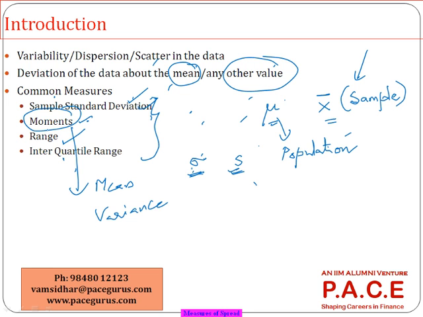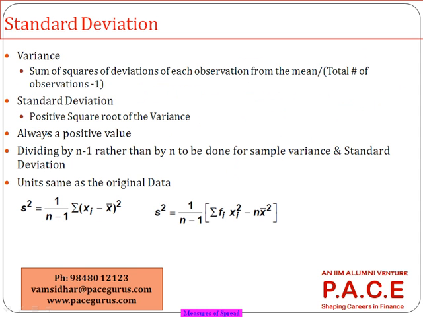And of course, we'll look at the interquartile range. So these four are the ones typically considered as the measures of dispersion as far as our syllabus is concerned. Now, how do I look at each one of them? When we say standard deviation, we cannot compute the standard deviation